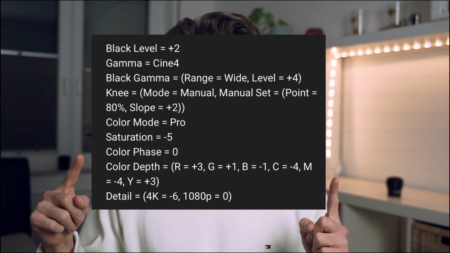So instead of talking about every single setting, I think it's better to put a picture here so you can hit pause and just screenshot it right now. This is actually how I set up my Sony a7 II for filmmaking, and I hope this was helpful for you and you can now go out and shoot some nice videos with your camera.